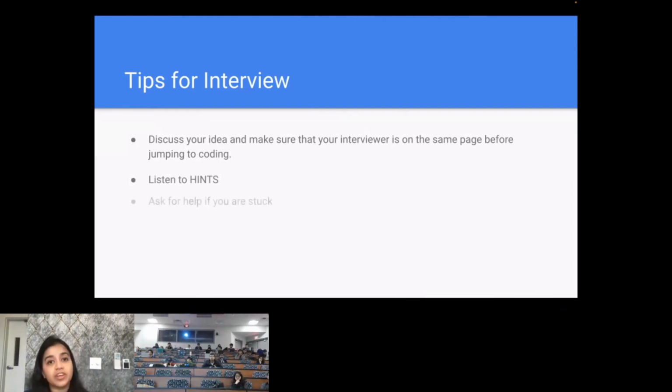And there's no problem in asking for help if you're stuck, because at the end, when I have to submit an interview feedback, I have to literally tell what lines of code this person has written. So if you're just stuck and you're not asking for help and you're not coding, it becomes difficult for the interviewer to write feedback because they don't have anything to write feedback on. So you can politely ask for a little help: this is the problem I'm facing, can you guide me how to solve this? And do produce some kind of code, and don't just discuss and end the interview. You have to write some kind of code.